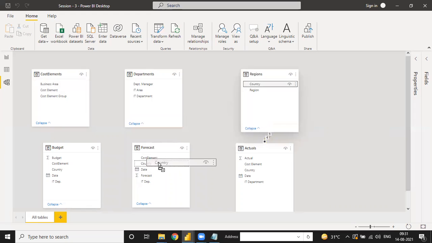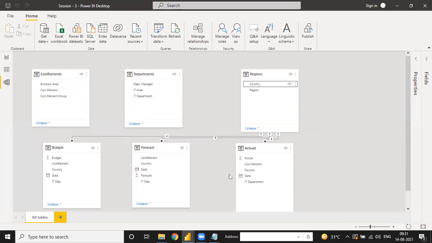Under the region table, we have to connect the forecast and the dim table directly. When you click on the line, it will show you the relationship is made between country and country. The second and third ones are country to budget. So in making relationships, every dim table is connected with all the fact tables.